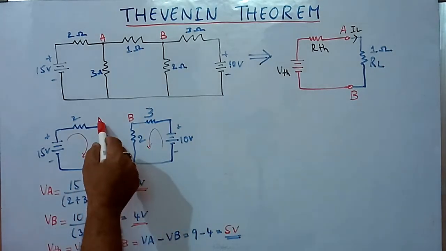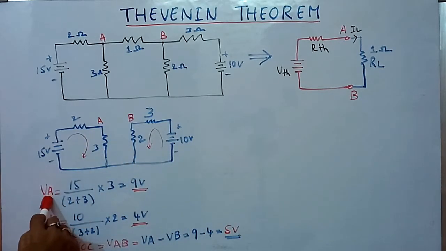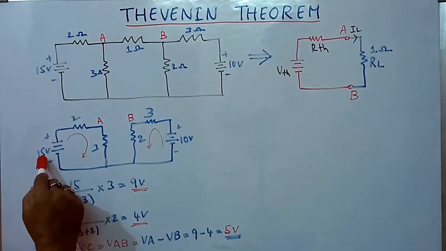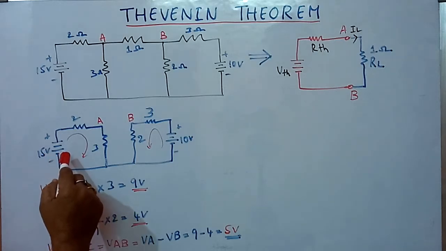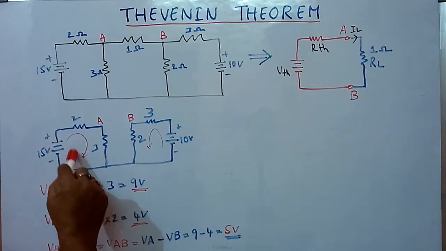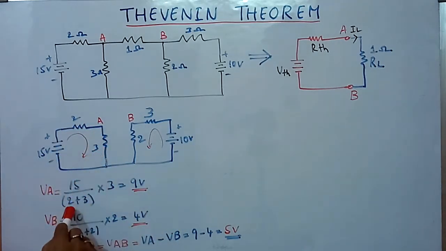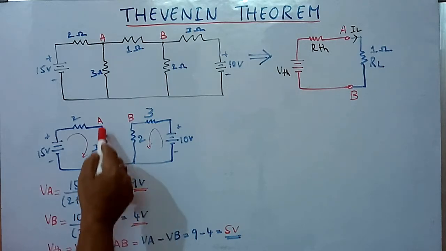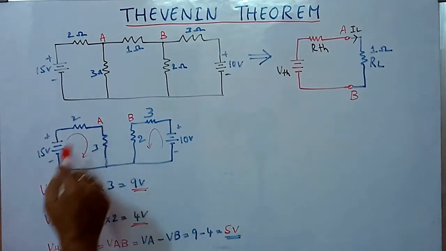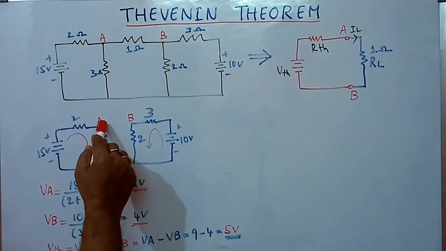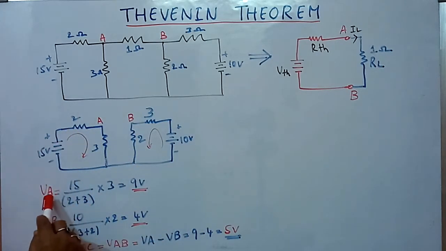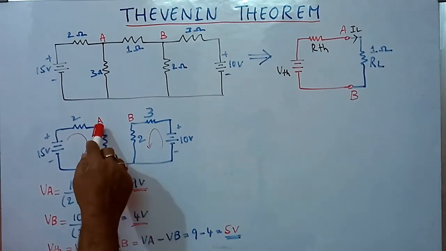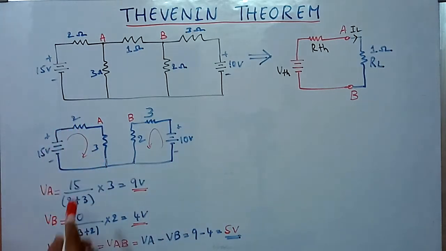Thereby, the voltage across terminal A is VA equals to 15 volt source divided by the series resistances 2 plus 3. This gives us the current multiplied by the 3 ohm resistance will give the voltage at terminal A. So VA equals to 9 volts in this case. Similarly, for VB,